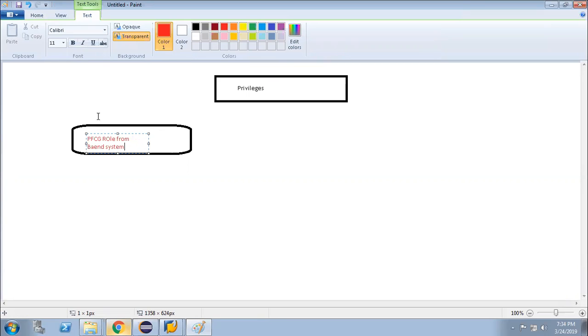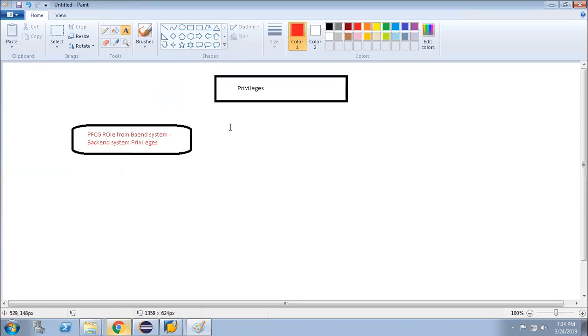It's a normal privilege, or you can say these are the backend system privileges. These are called backend system privileges.